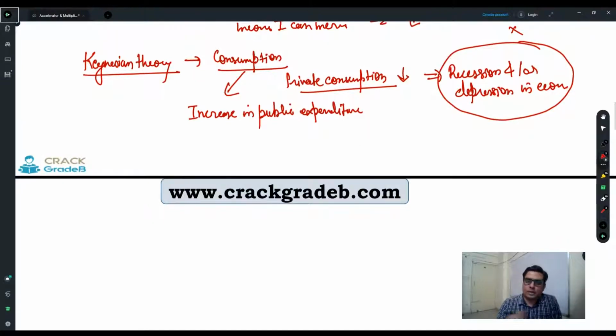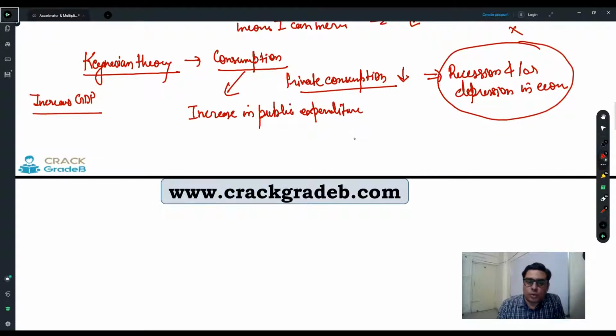So you can resolve that problem. Now our focus is to increase GDP. So what you thought is that if this consumption function can allow us to come out of recession and depression,